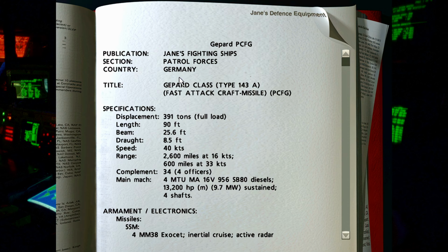G for guided missile, obviously. Specifications: displacement 391 tons full load, length 90 feet, beam 25.6 feet, draft 8.5 feet, speed 40 knots, range 2,600 nautical miles at 16 knots or 600 nautical miles at 33 knots. Complement 34, of which 4 are officers. Main machinery: 4 MTU MA-16V 956 SB-80 diesels producing 13,200 horsepower or 9.7 megawatts sustained,